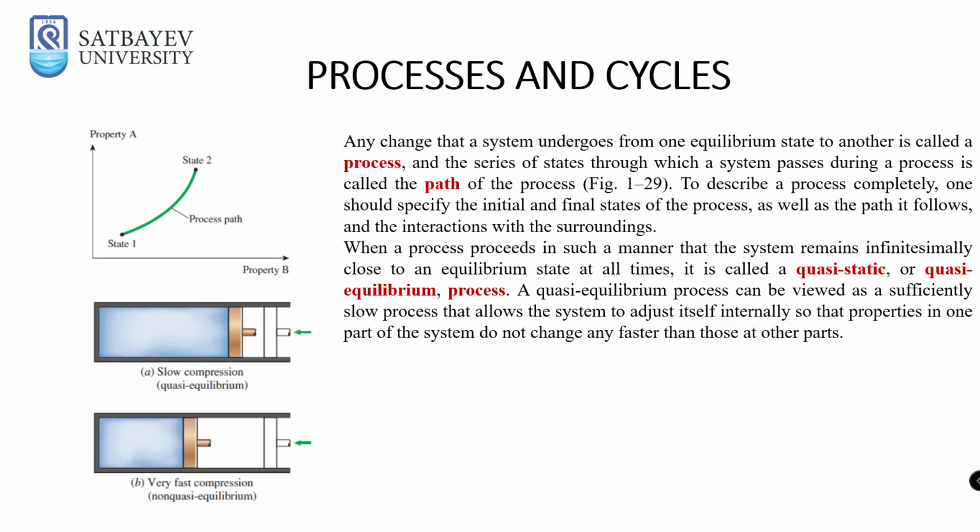A quasi-equilibrium process can be viewed as a sufficiently slow process that allows the system to adjust itself internally so that properties of one part of the system do not change any faster than those at the other parts. For example, the slow compression